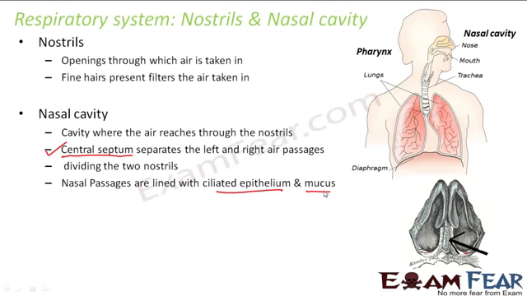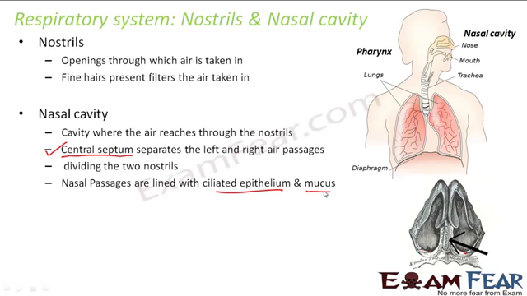So what do they do? Mucus, being a slippery, watery substance, tries to moisten the air. It tries to make the air a little moist. And what does cilia do? Cilia try to block the dust particles or microorganisms or any kind of germs present in the air. So this cilia, mucus, as well as the fine hairs which are present in our nostrils, they all help to prevent the dust particles from entering inside our body with the air, right?